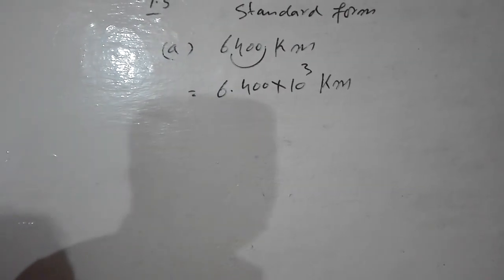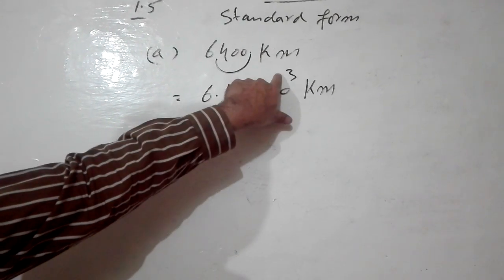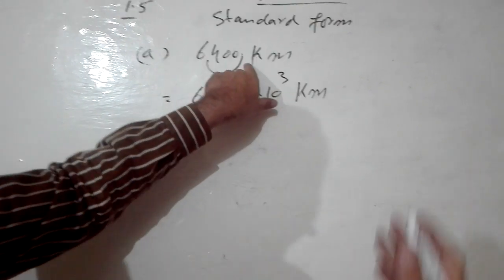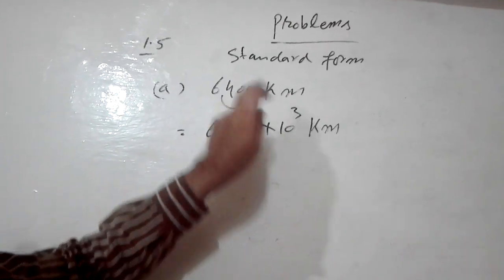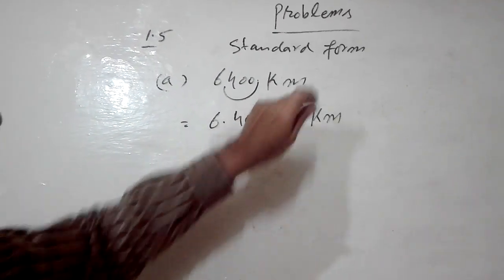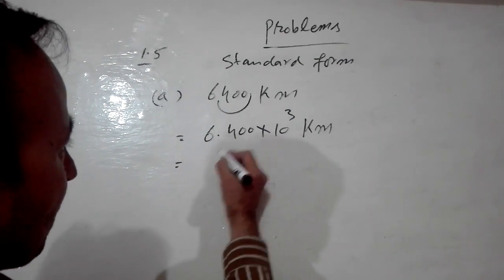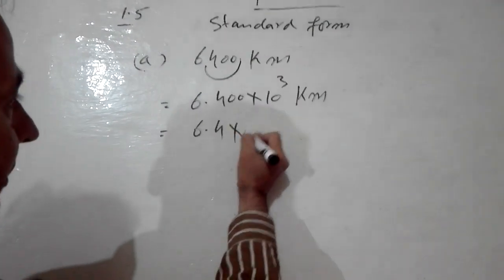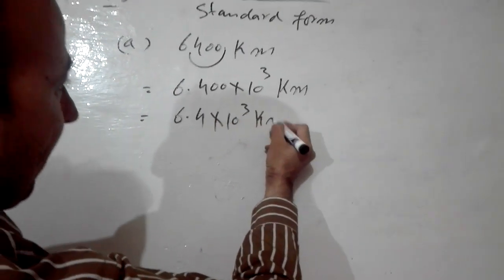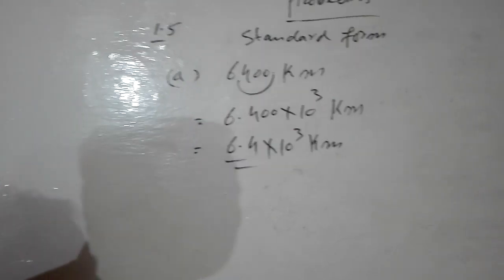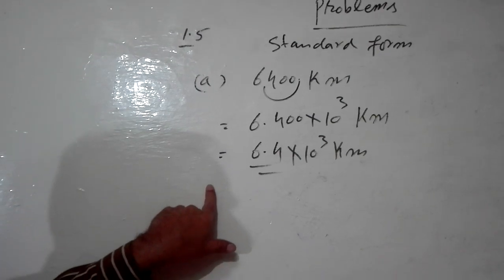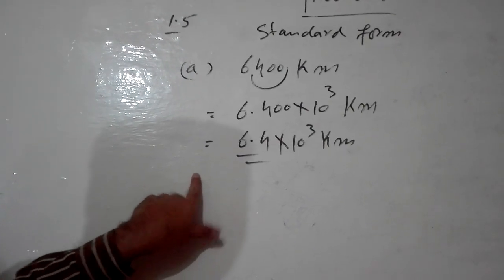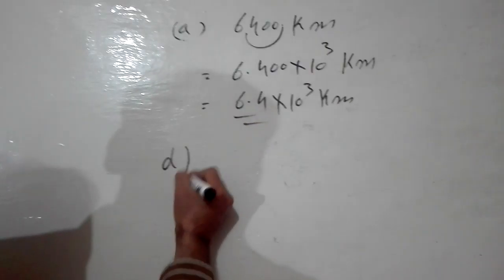So I will multiply 10 power 3 and also write the unit because they have given us a unit. Why have I written positive 3? Because I have shifted the decimal from right to left. When we shift the decimal from right to left, multiply 10 power positive 3. I can skip these 2 zeros because they are meaningless. So this will be my answer, 6.4 into 10 power 3. Likewise students, you can do B and C parts as your homework. They are also very simple and easy. I will do the last one.